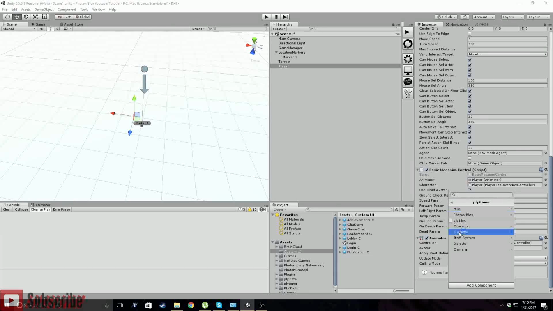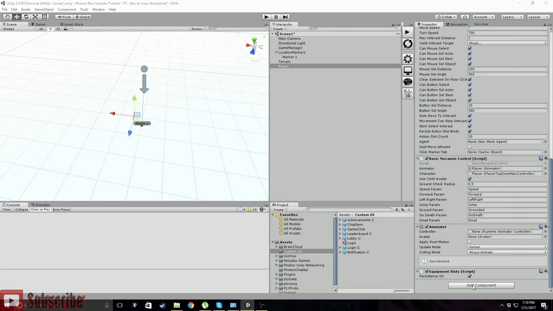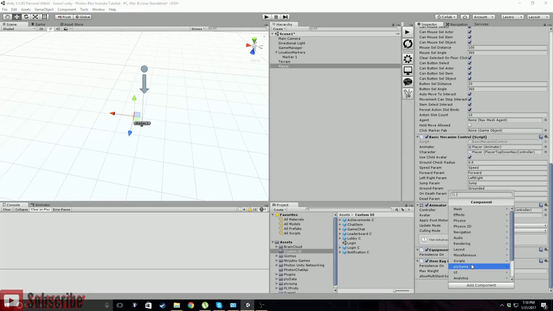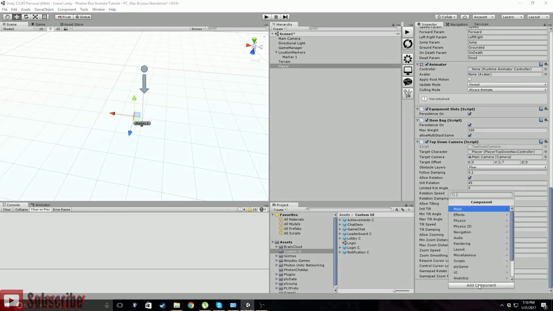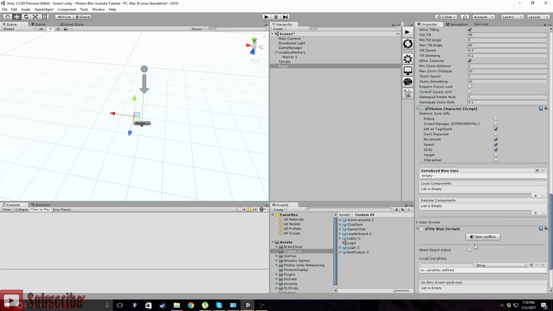Okay, go back. We now want our item system, which is going to be equip slots. Again, item system, item bag, Photon Blox. We need camera, top-down camera. We're going to need, I think now Photon Blox. We want Photon character so that we can do all this. So we wanted to set as tag object. We want to do the movement, the speed, the skills, the target. We don't need to do our interaction, just targeting,